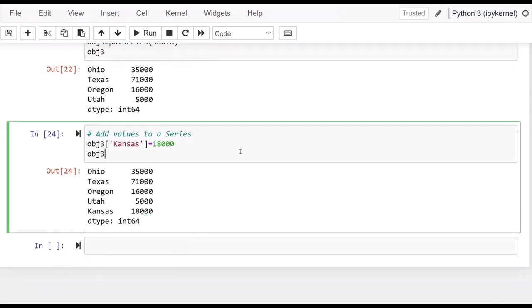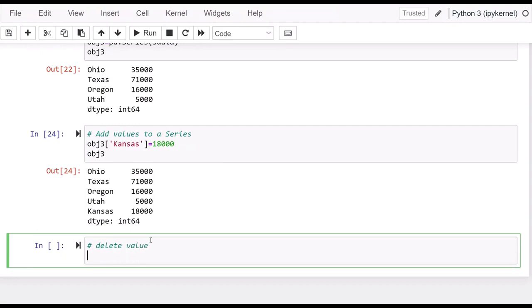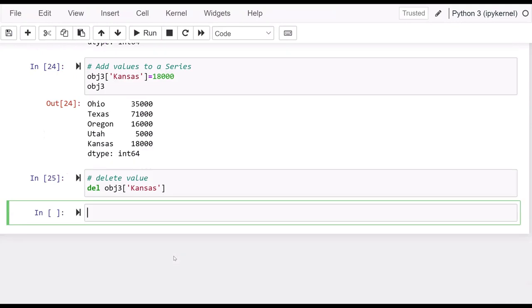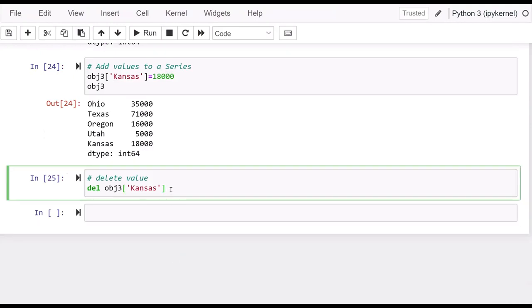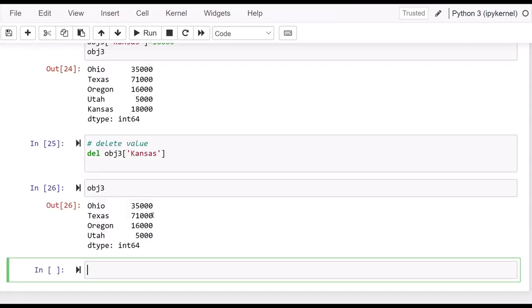What if now you want to delete a value? To delete a value, we use the del keyword. You simply start with del, that's the keyword, and then you use the indexing: object 3, square brackets, and then you pass the label that you want to delete from that series, Kansas. So if I execute that and print out the value of object 3, I get